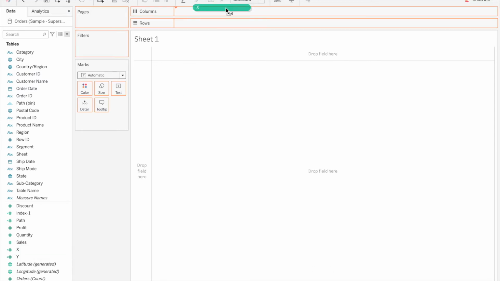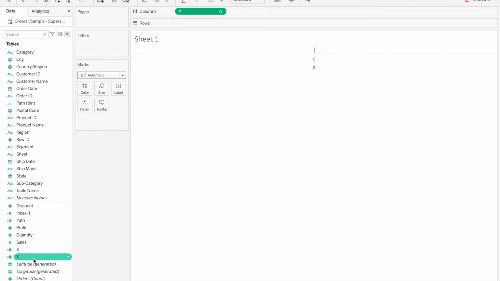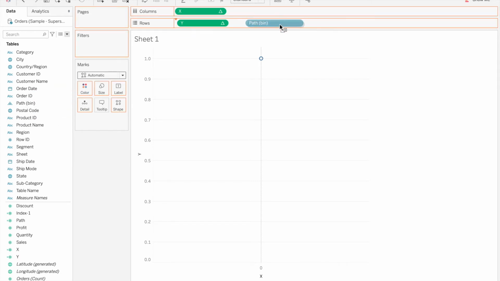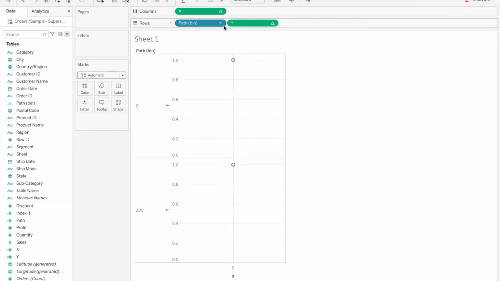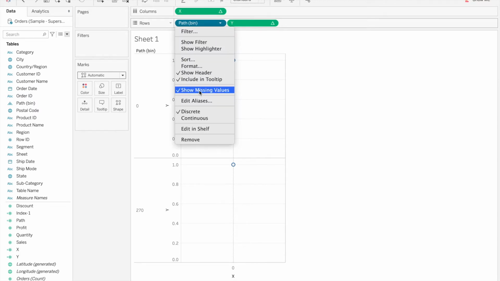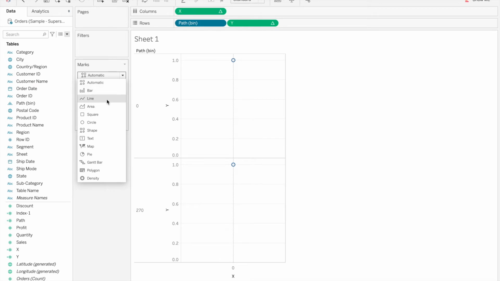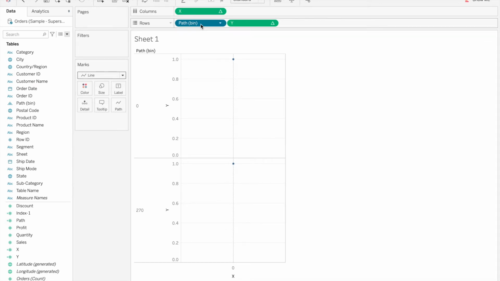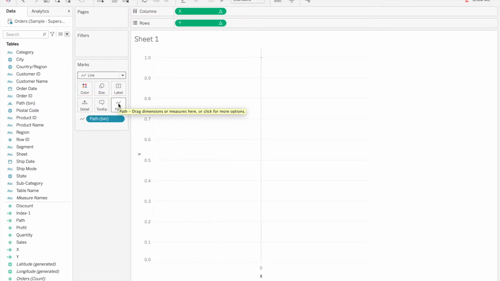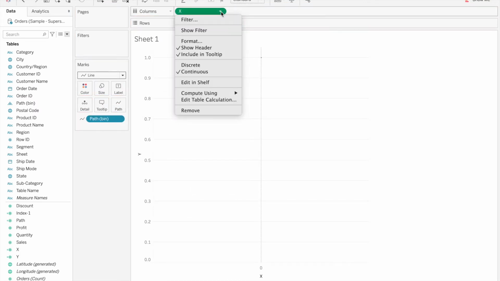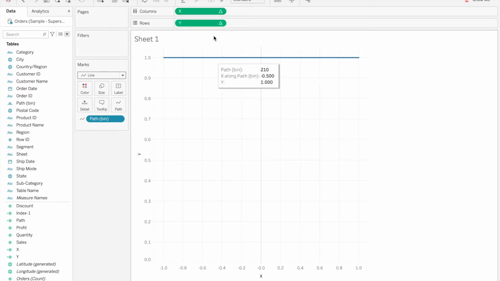So let's drag x to columns, y to rows, and first let's drag our path bin to rows and make sure that show missing values is checked. Once we do that, we will convert our marks card to lines and move path bin to path. After that, click on X and compute using path bin.